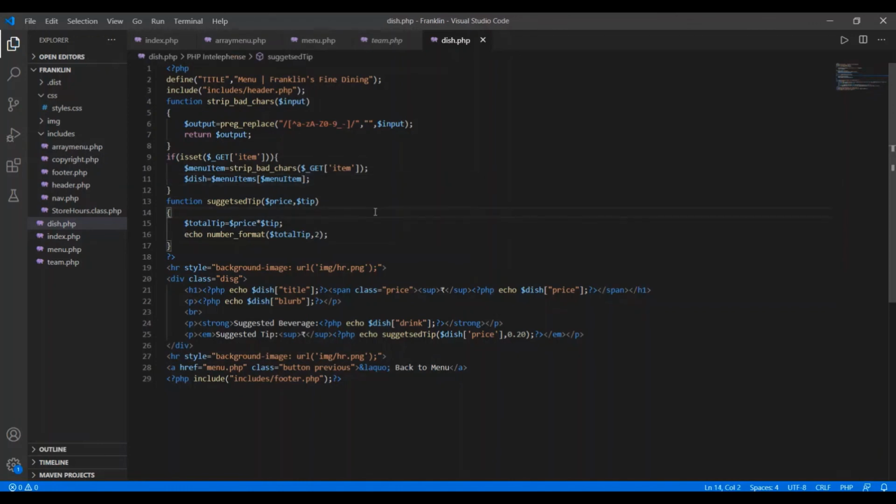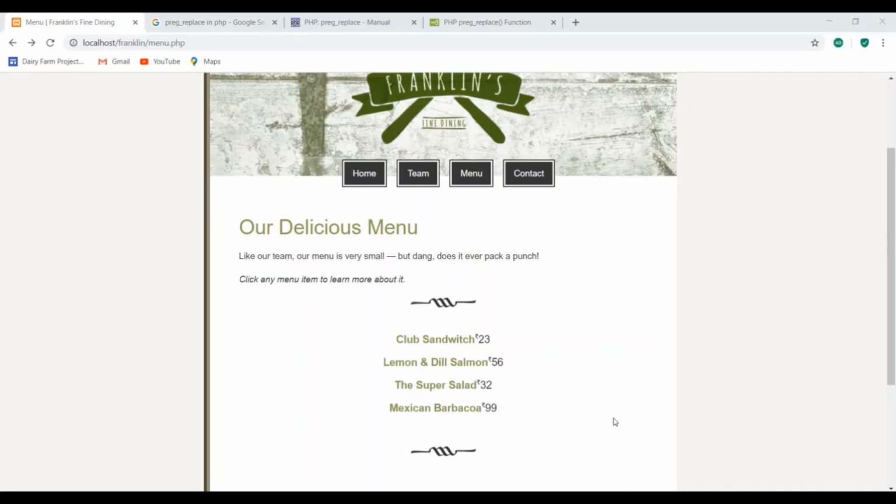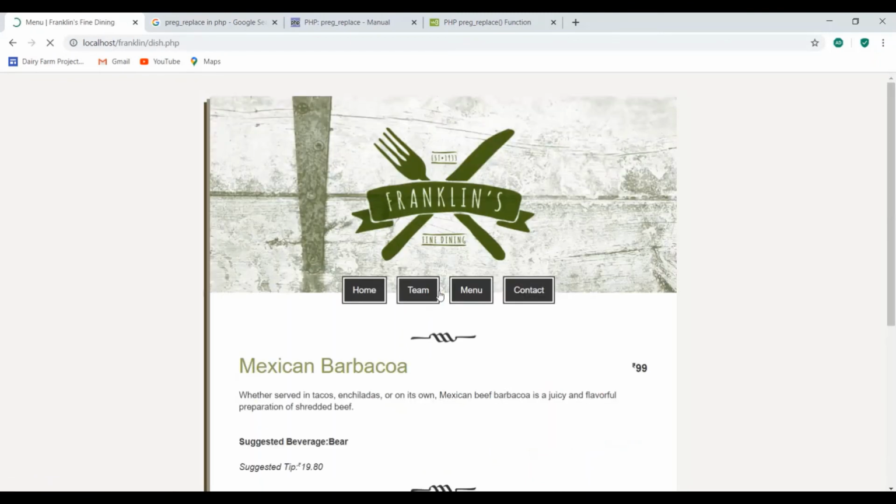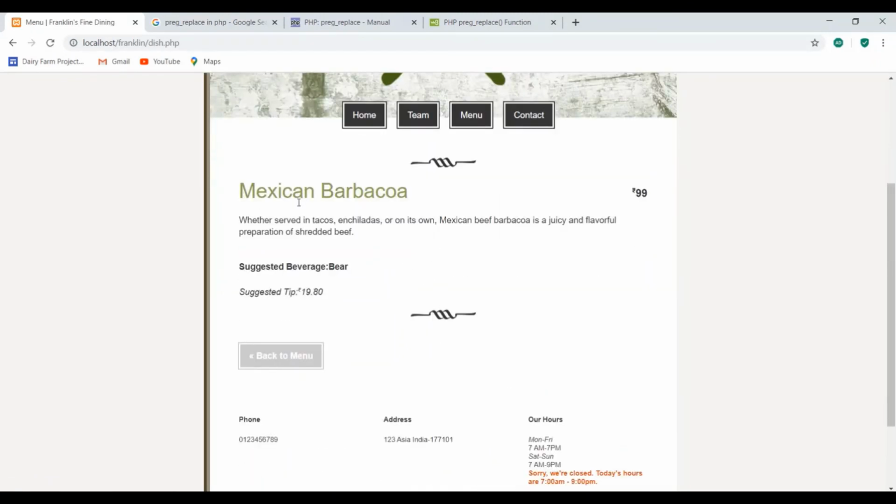So save your changes here, and then we have to click on the menu again, and if we click any of the items, this time I'm clicking on Mexican barbacoa. Here we got the information about Mexican barbacoa, whether served in tacos or on its own. Mexican beef barbacoa is a juicy and flavored preparation, and some description.